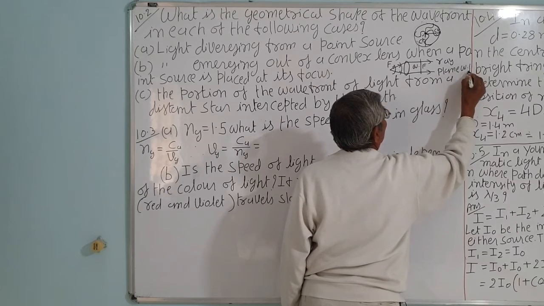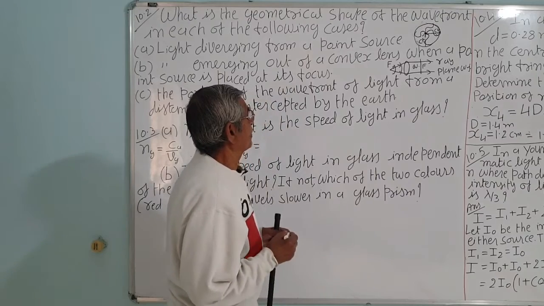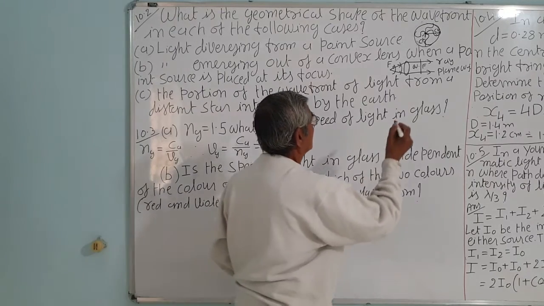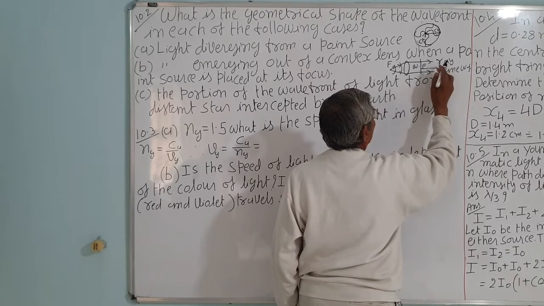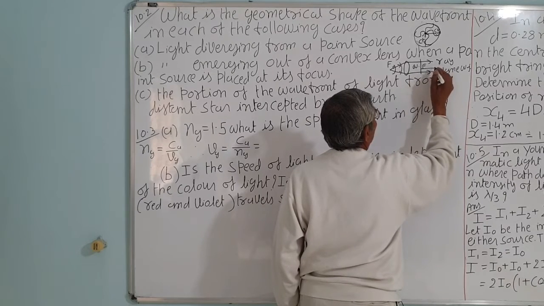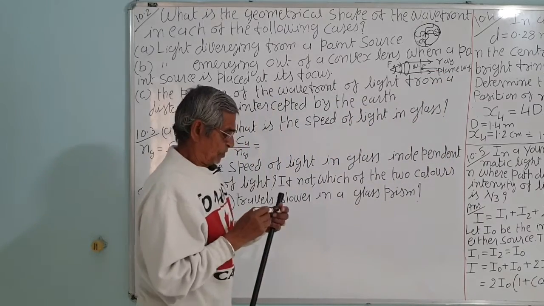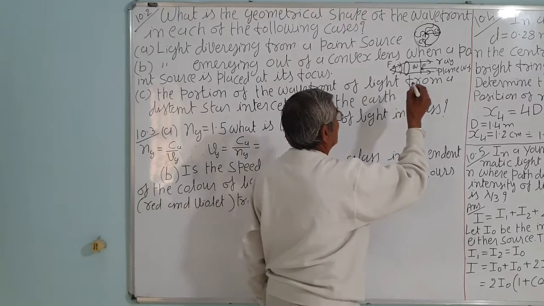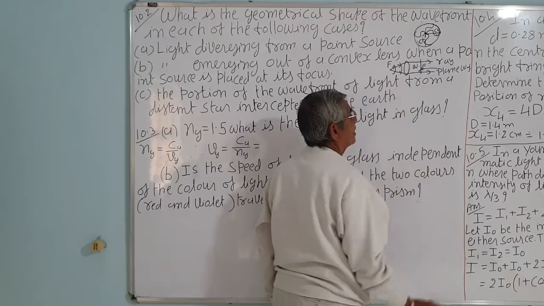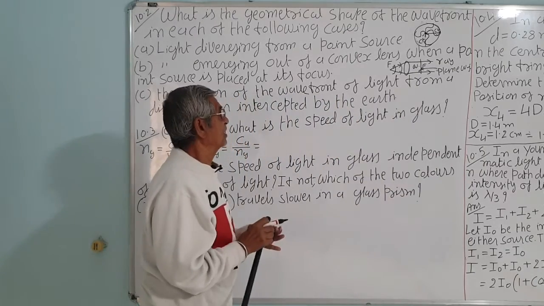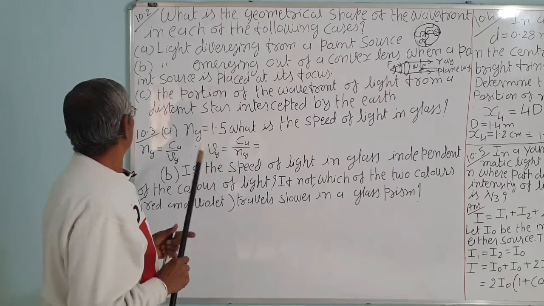W stands for wave and F stands for front. So plane wavefronts. This is the plane wavefront. You know this angle is 90. Remember, the angle between the wavefront and the ray is 90, you know already. You have studied it in ray optics.